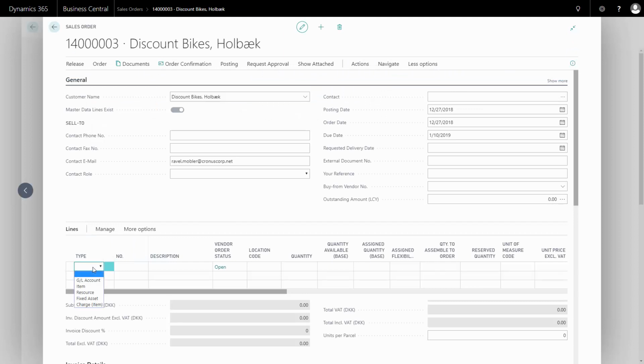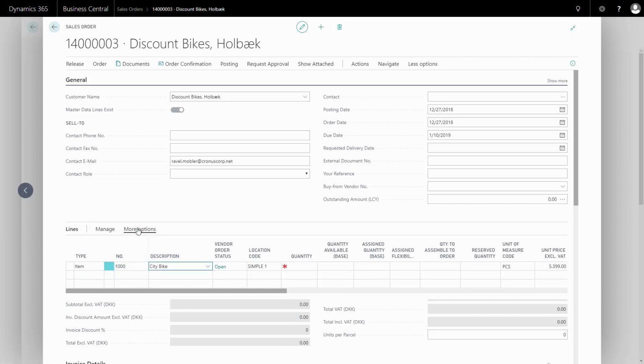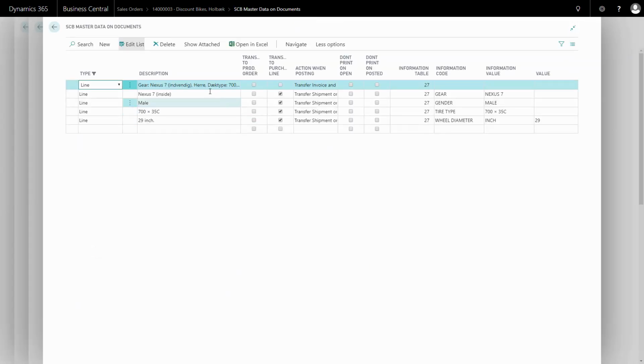And likewise, if I enter an item number on the line here, like this, I can go into my master data information on the line, and this will be again Danish, the few things that are written here in Danish, for instance, the hair and the deck type, etc. All depending on my setup.